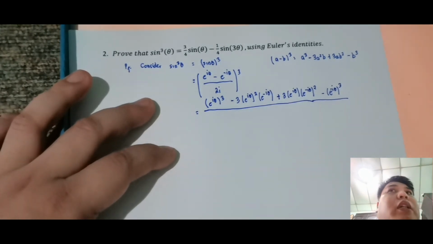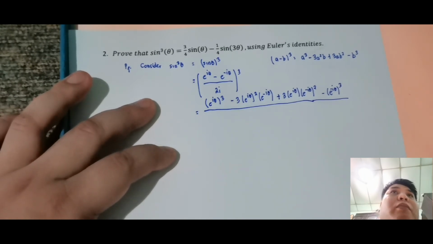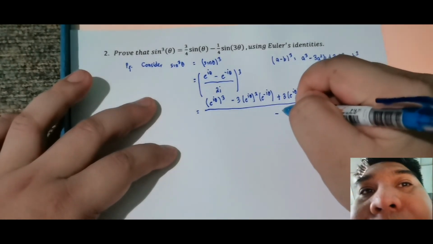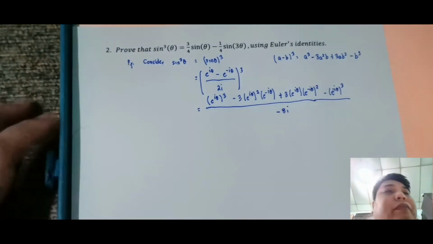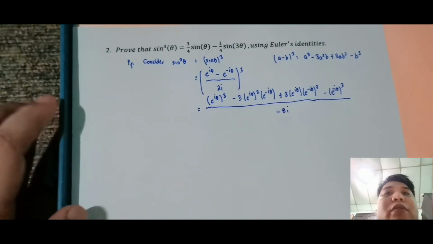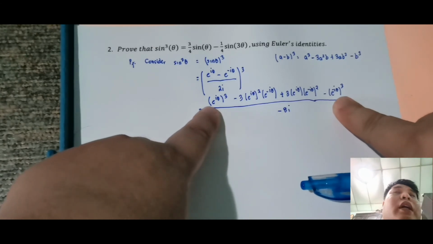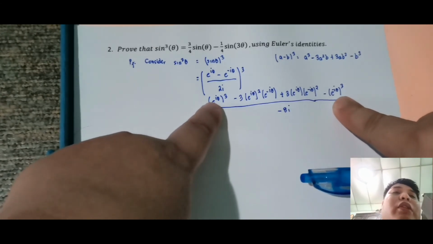So 2i times 2i is negative 4. Sorry, 2i times 2i is negative 4 because i squared is negative 1. Right? So negative 4 times 2i is negative 8i. So this is negative 8i. Okay, next. So when we simplify this using the exponent rule, we also get e raised to 3 theta,